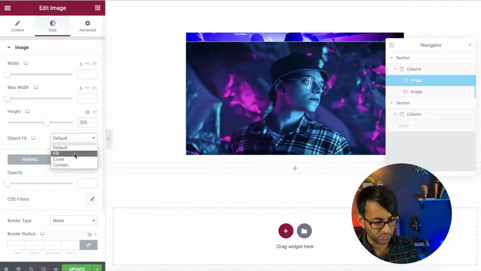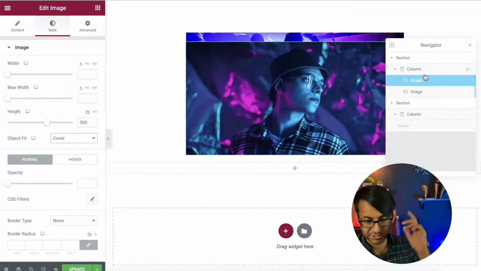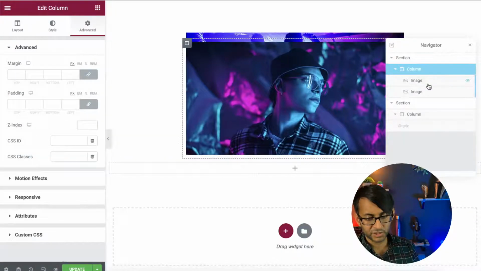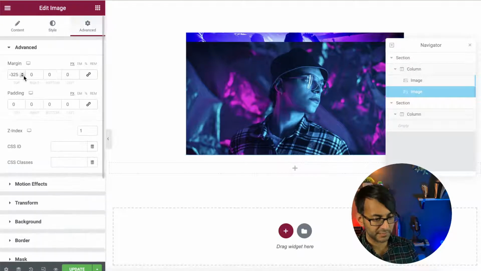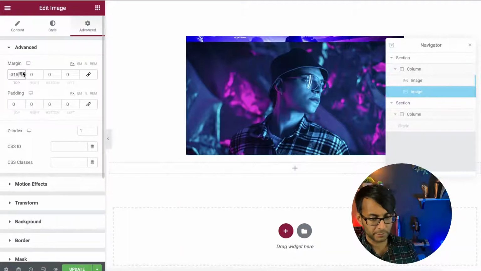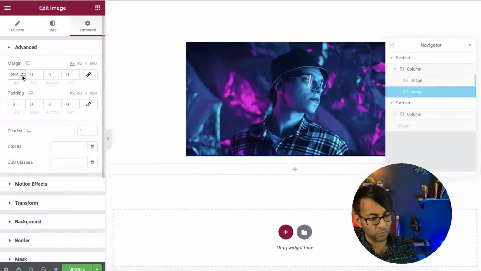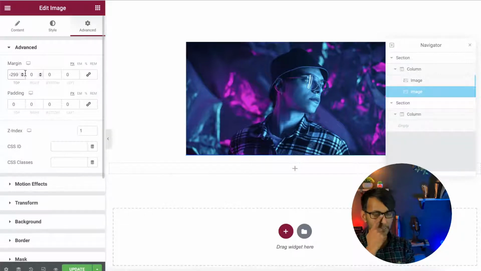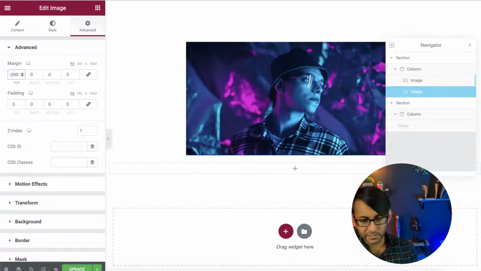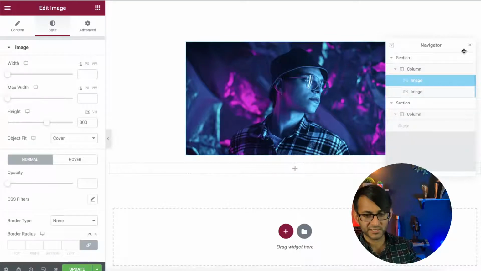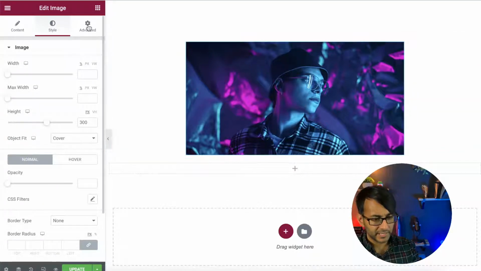I forgot the images were the wrong size. Silly me. Right, so image 2, I'm just going to drop this down to about there, like that. Now, what I'm trying to experiment with is, can you hover over image 1 and it moves out the way? So if I go to image 1, which currently sits in front,